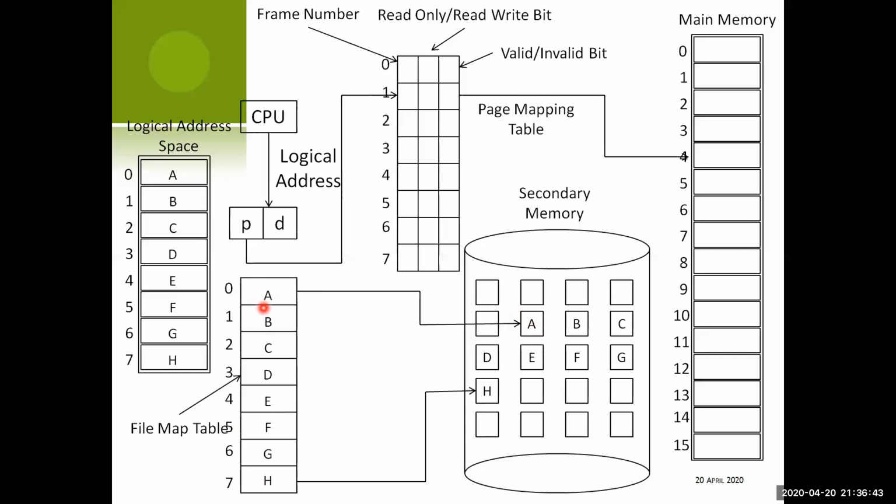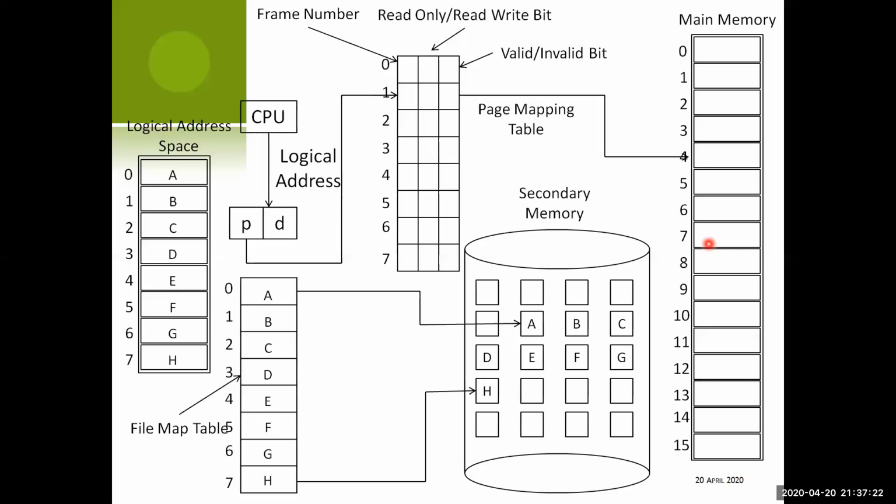Now, as we are discussing demand paging, the core concept of demand paging is this. In case of paging or segmentation, the primary requirement is that we have to load all the pages into the main memory. Means if I am discussing this with the paging or segmentation technique, then in order to execute this process, all these 8 pages must be present in the main memory, whether contiguous or random.